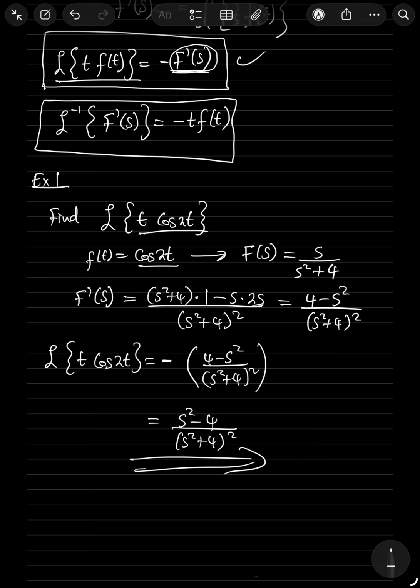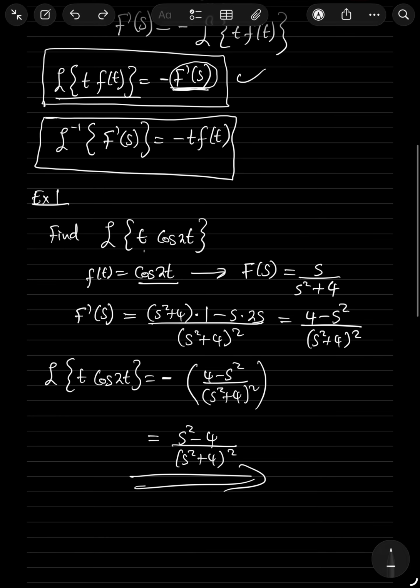Simple. First of all, you have to determine f of t, as we did, and then find the Laplace transform of that f of t, and then differentiate the Laplace transform of that f of t, and then equate these two, and then you're done. So that's how you can go about solving this one. So now let's find another one that we can use to apply the